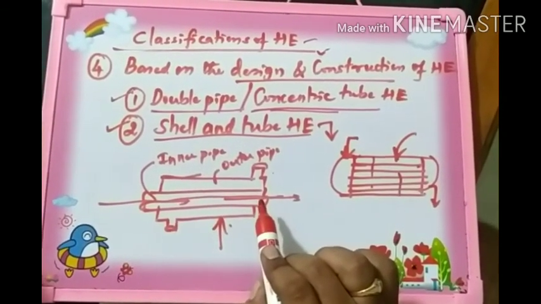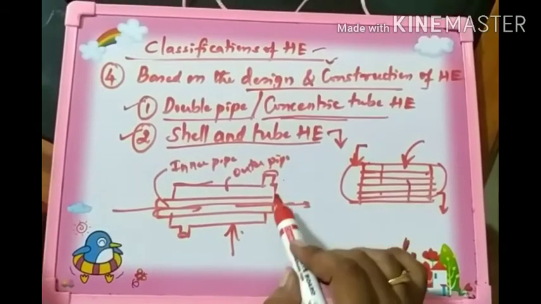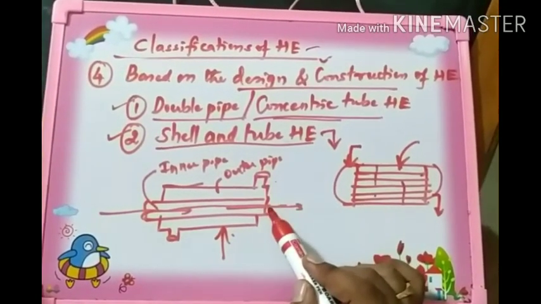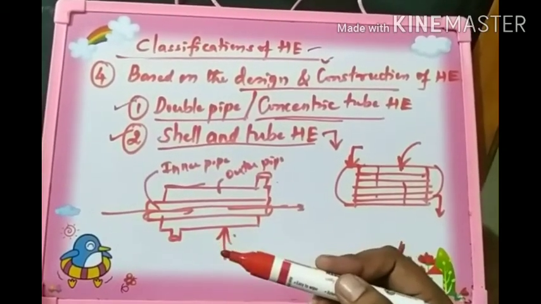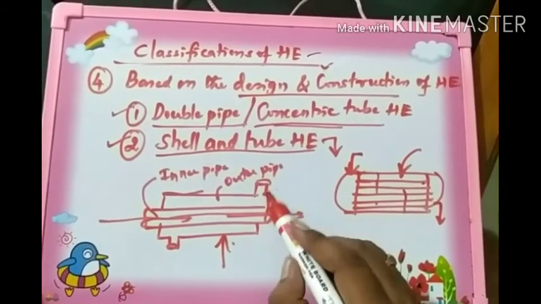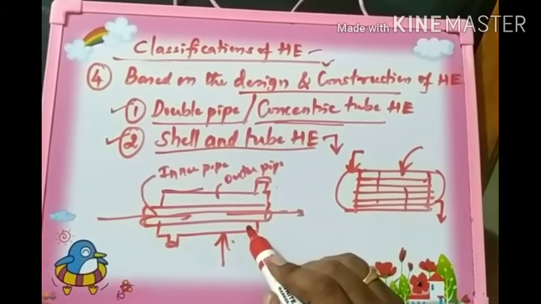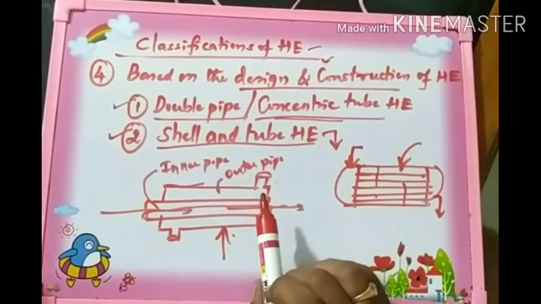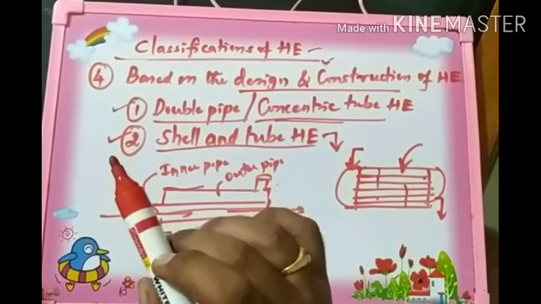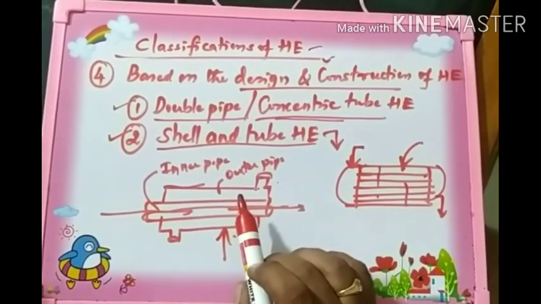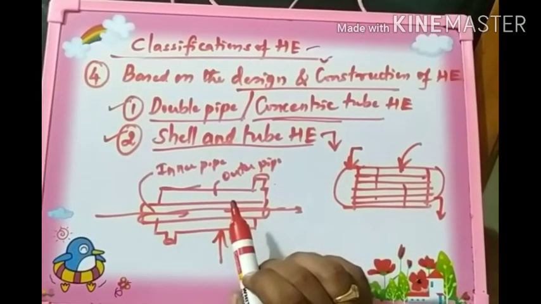Therefore, in our syllabus, we shall restrict ourselves to understanding the analysis of only the double pipe heat exchanger. Henceforth, whatever analysis we do with respect to this topic of heat exchangers, we shall always consider the double pipe heat exchanger only. So that's it for the classifications of heat exchangers. We can have some more types of classifications, but we find these as the four main important classifications according to which all the heat exchangers can be classified.